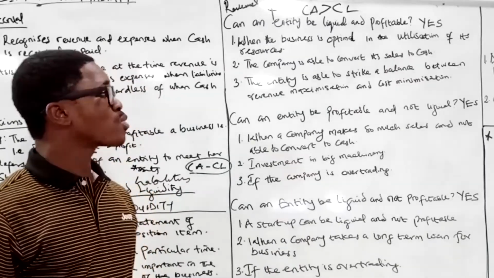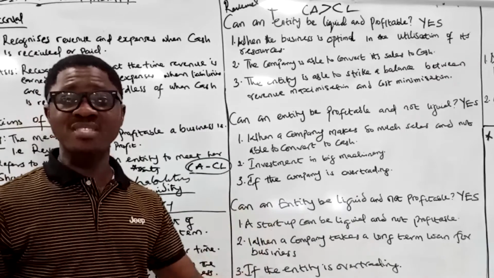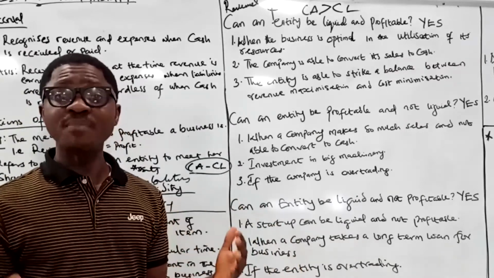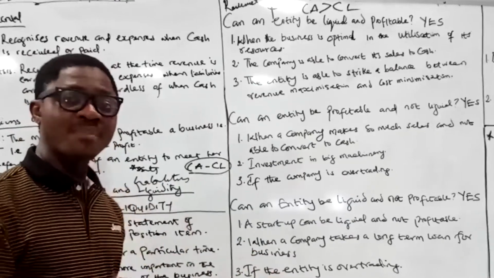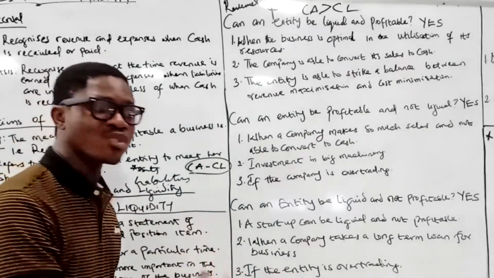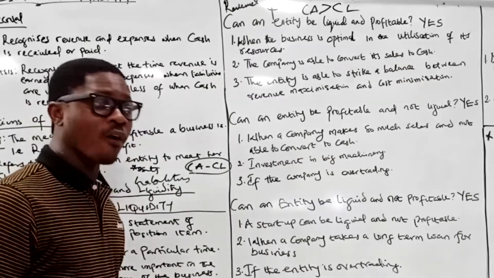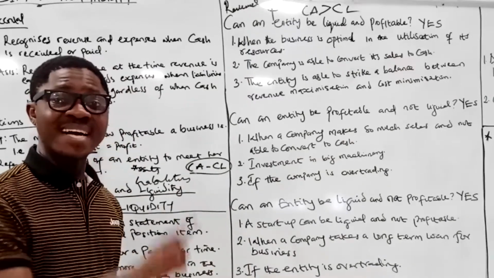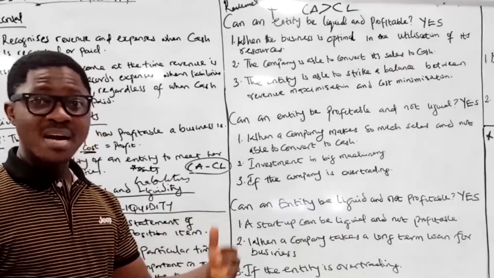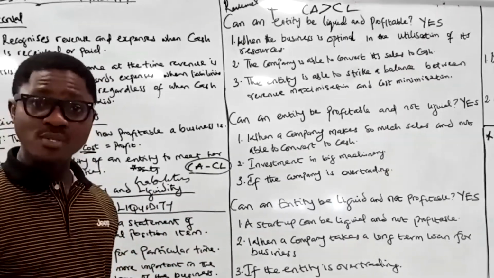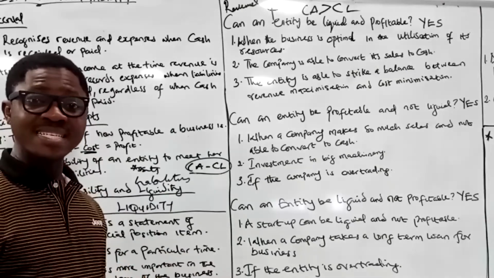That will mean that when goods are sold, when inventories are sold, it doesn't necessarily mean cash is received for those goods that are sold. So the inability of an entity to collect cash for every one of its inventory will mean that the company is not liquid. But if the company can sell and get cash for all the sales, that means the company is liquid.